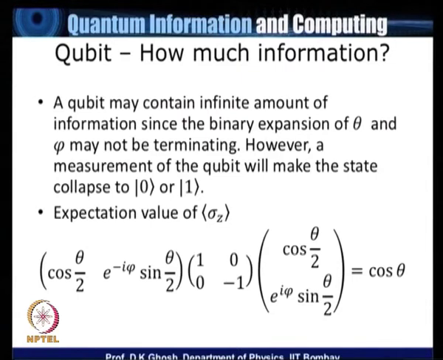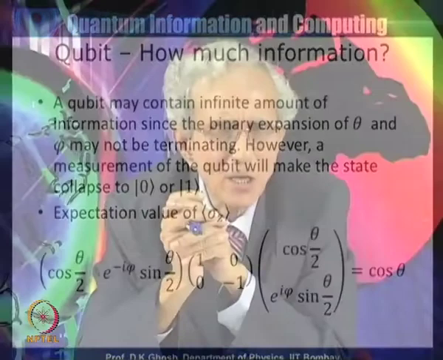The next question is, how much information is there in a qubit? Now remember, in principle, a qubit contains an infinite amount of information. What is the reason? The reason is that, remember, theta and phi are the parameters, and the expansion of theta and phi in terms of binary digits may be essentially non-terminating. But we have told you that in spite of the fact that there is a huge amount of information contained in that qubit,